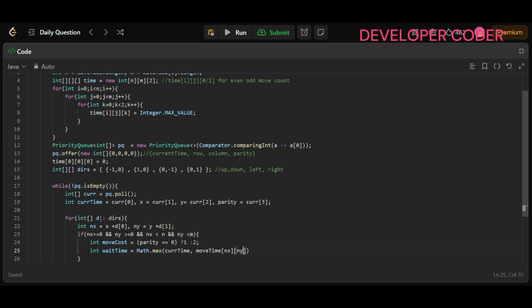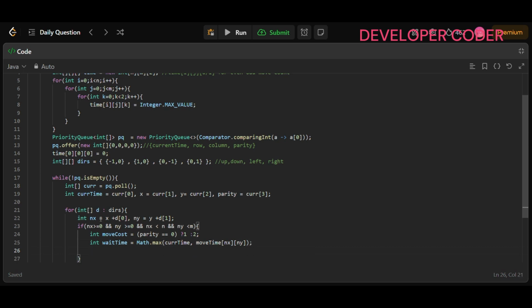This is how you are going to get the wait time. This is done, and then after that you have to calculate the arrival time. int arrivalTime is equal to wait time plus move cost,